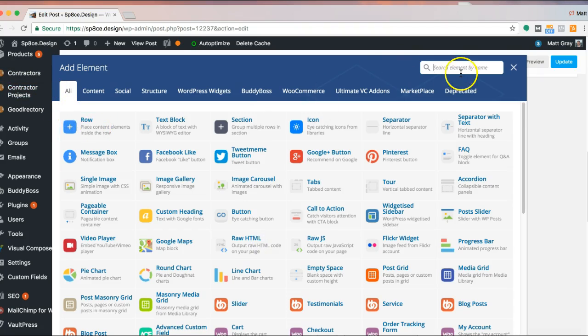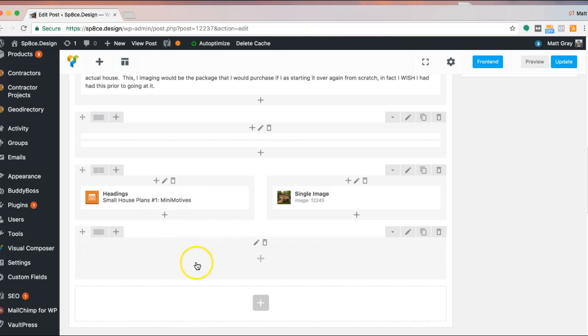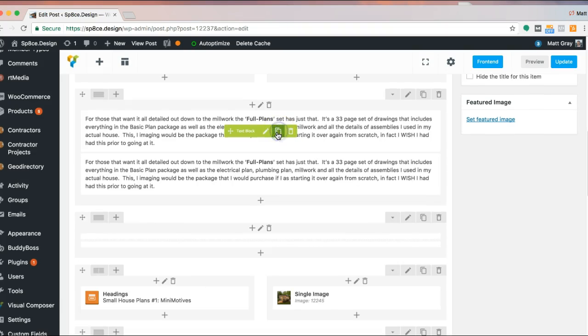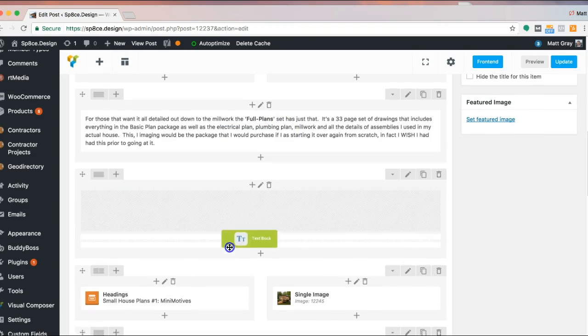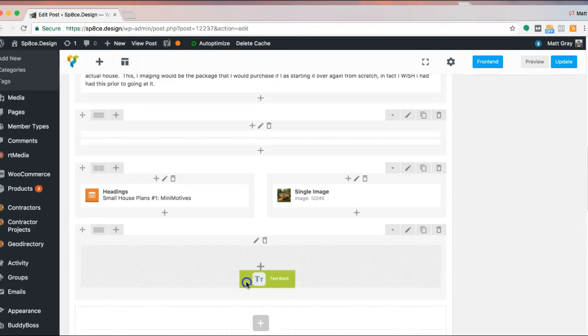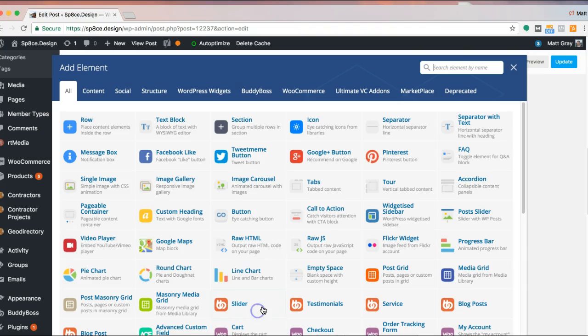You can always just jump right here or go to row, doesn't really matter. This is a single column because we're right here. So we're going to go ahead and clone it, and then we're going to take it and drag it right to here. And then we have one more piece. We have this line separator. So we're going to add in one more row,